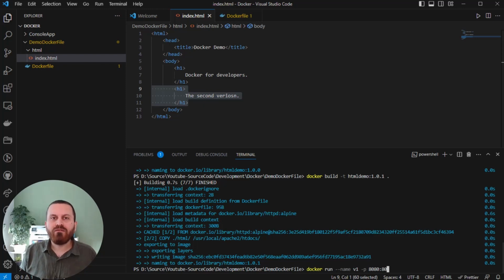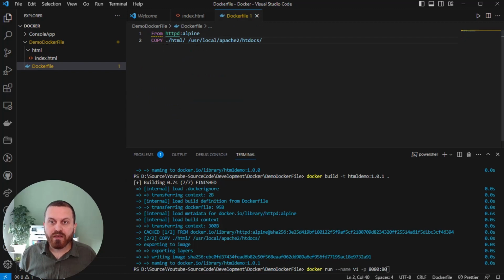When you are working with Docker, everything is like that. We had COPY here. The first address was from the host, my computer, my laptop, and the second one was inside the Docker. Here as well, the first port is for my computer, my laptop, my server, and the second one is for the port inside the Docker container. And at the end, you need to specify the name of the image that you want to create your container based on, which was HTML demo version